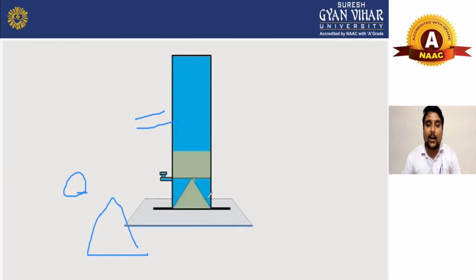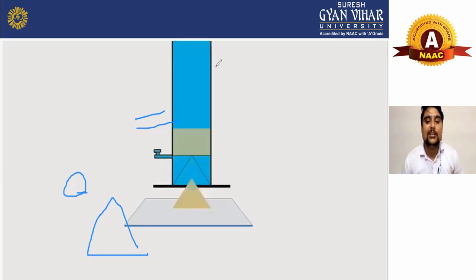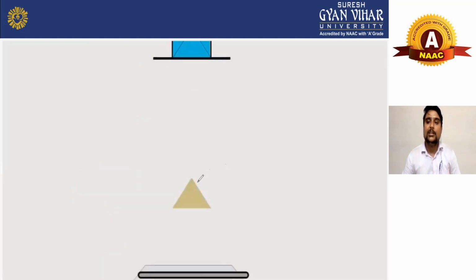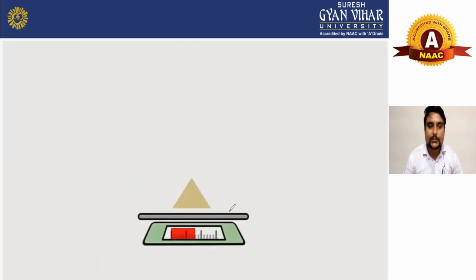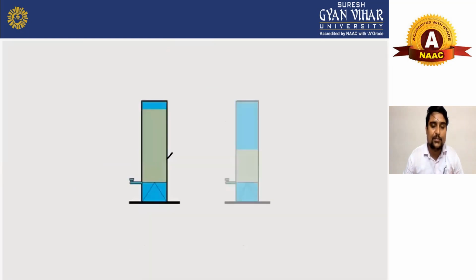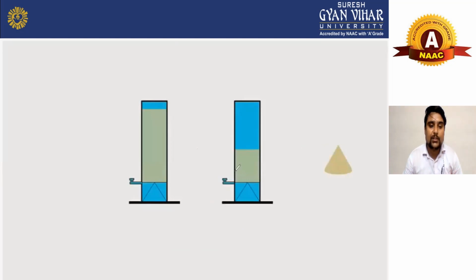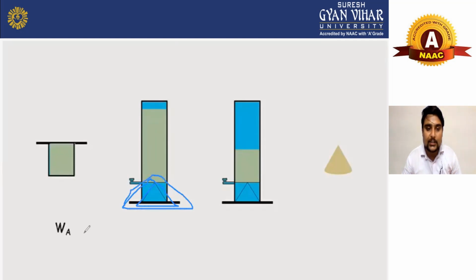Now again we will do it. We will again pour it 3 times. We have to repeat this test so that we can get the exact result. And here we will do it, and we will weigh it, and we will denote it by W3, and we will subtract it by the W3. As you can see here, we have to separate this from here, as you can see in your image.